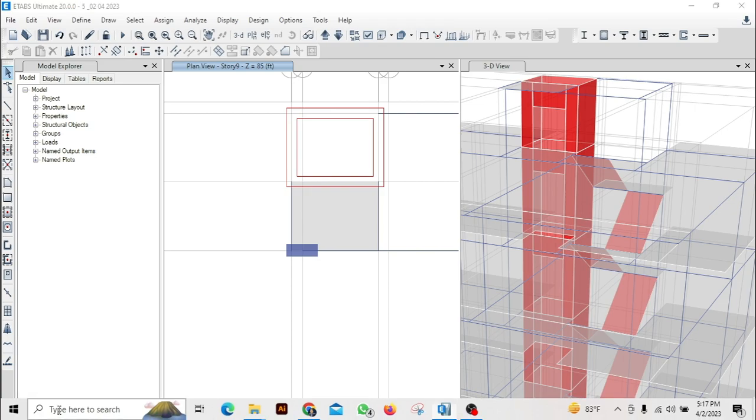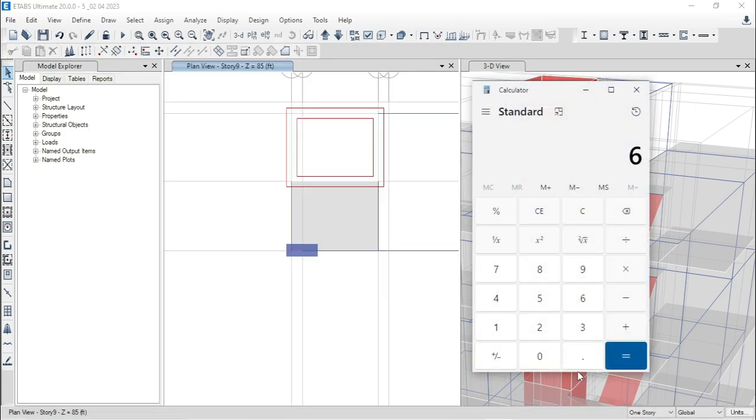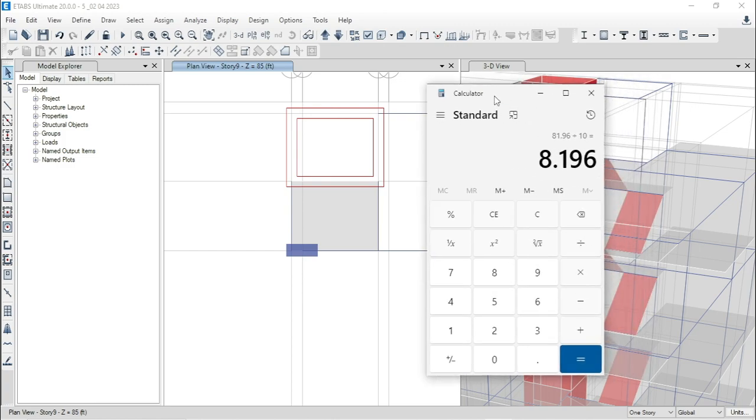Now go to a calculator. 6.83 multiply this one with 12, then divide this one by 10, that means span divided by 10. Here our limit was 8.19 inch, but we are taking here 9 inch. That's why we are considering this shell as thick.